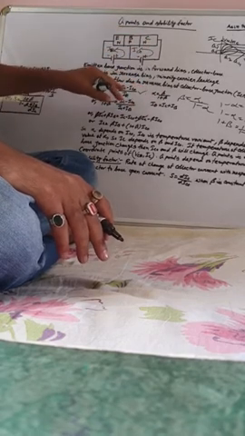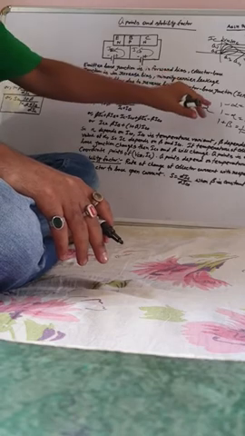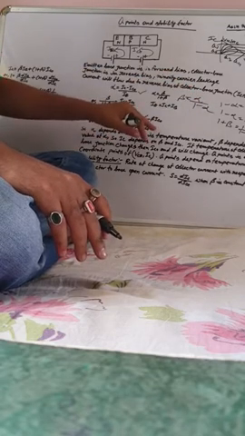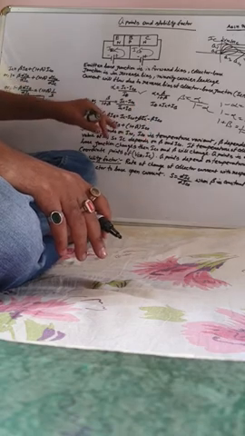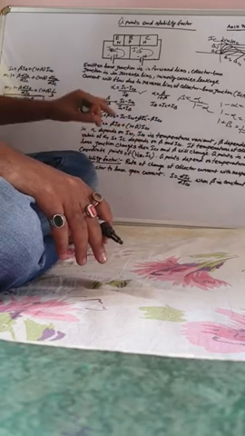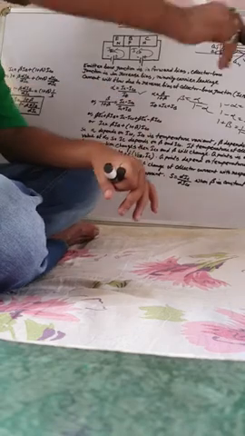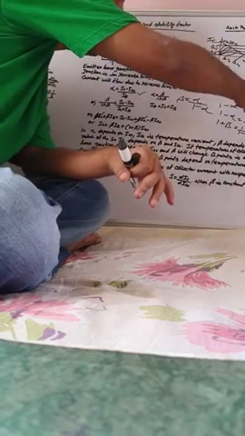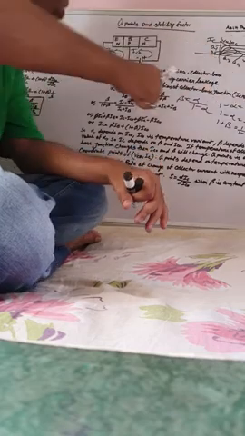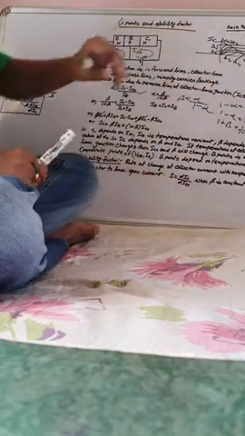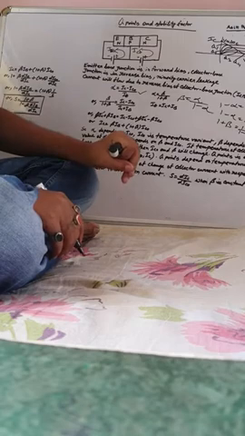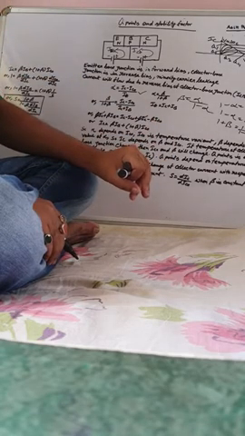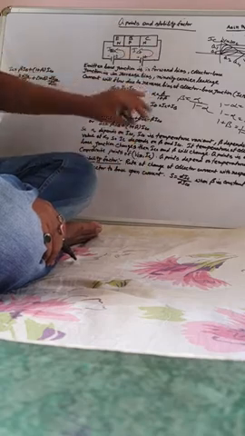ICO changes means alpha changes. Alpha change means beta change. Beta change means beta and ICO both will be changed. So IC will be changed. So IC depends on both beta and ICO. So if IC changes, then Q point, this coordinate (VCE, IC), will be changed. So the position or the location of Q point will be changed. So Q point depends on temperature. It is proved that Q point depends on temperature.